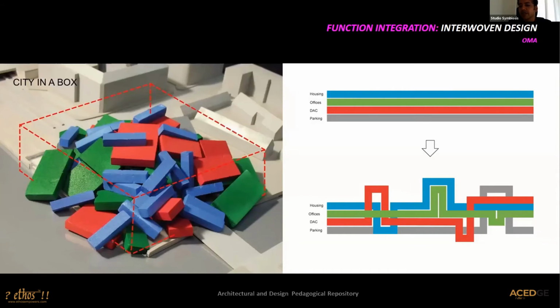Program at times is seen as a very banal thing by architects. But what OMA is doing, at the bottom here, you see that this interweaving of the program is done in plans, in sections, in elevations, by nesting them into each other. By doing this, they get a very rich interlayering and a very rich interaction of different functions with each other. So this is diagramming as a very simple interweaving of the design.